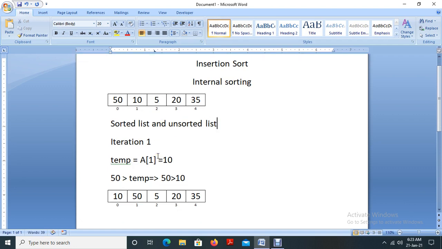In the first iteration, I am taking a[1]. We are not taking a[0], we are taking a[1] and storing it in a variable temp. So 10 is stored in the variable temp, and then compared with the previous element. We are assuming that the previous set of elements are sorted and the next set of elements are unsorted. In the first iteration I am splitting the list into two: the element at index 0 is considered sorted, and